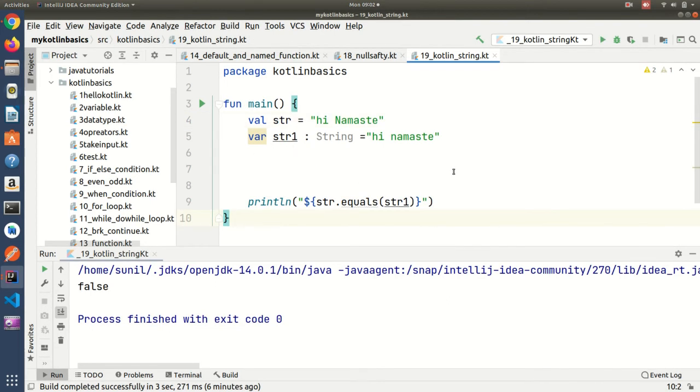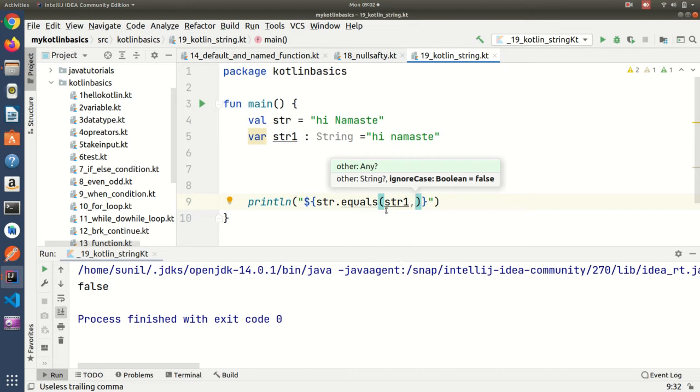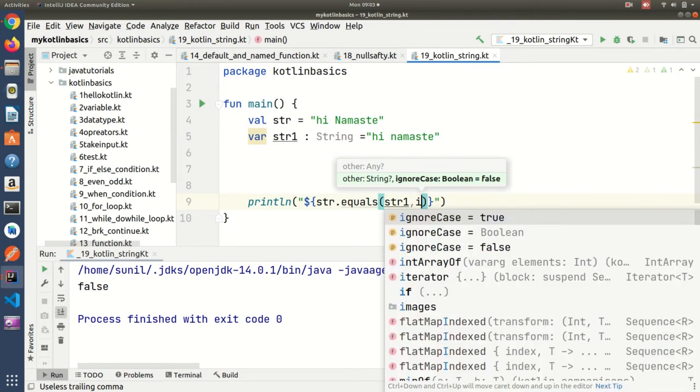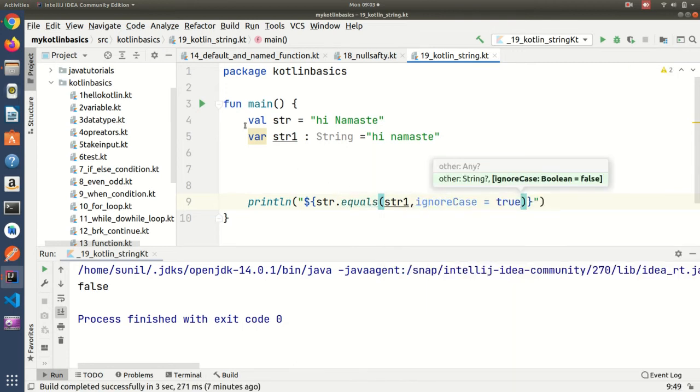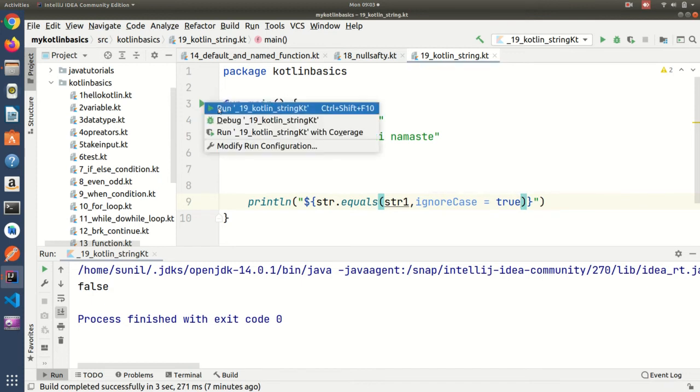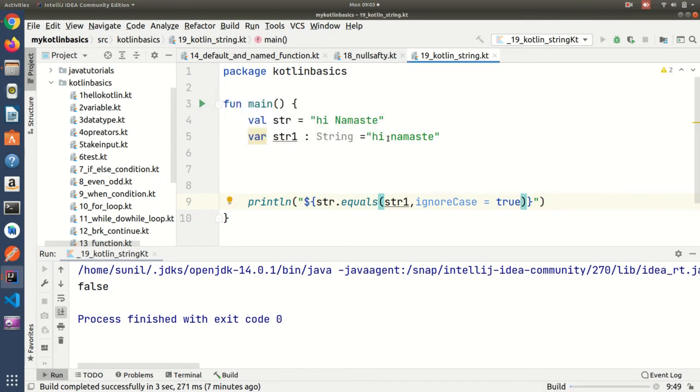So in Kotlin, if you are going to compare one string in uppercase and one string in lowercase, but both strings are equal, what we can do in Kotlin is use a key: wherever you are printing, inside you need to use ignoreCase = true. Then it will print true, because both strings are the same, only the n is uppercase and the n is lowercase.